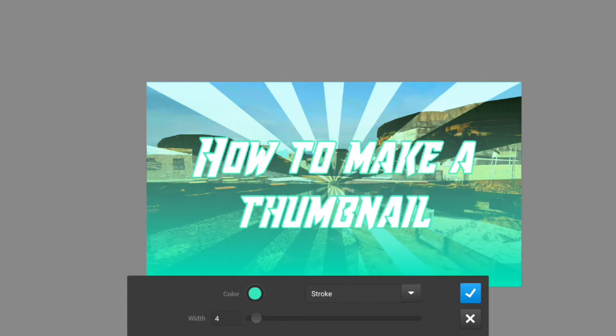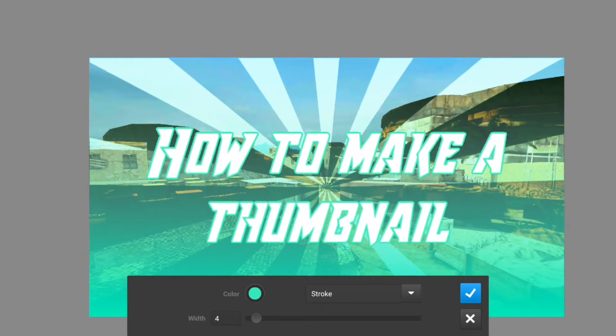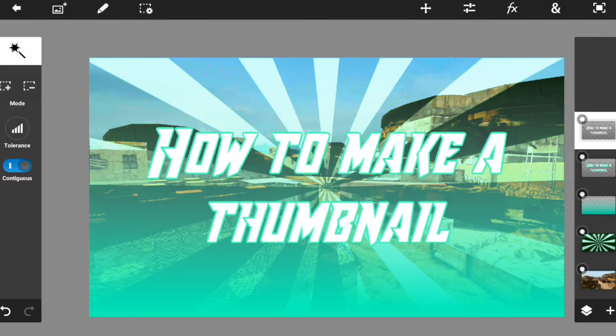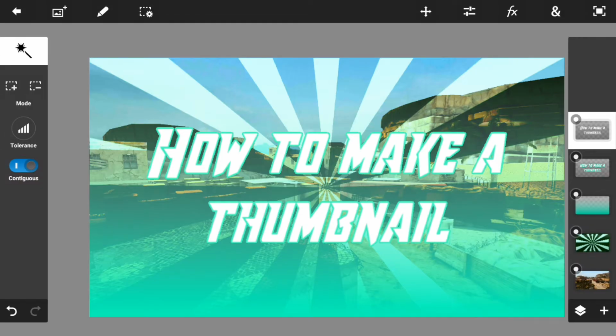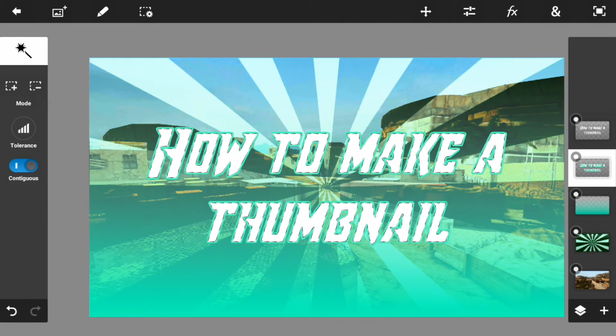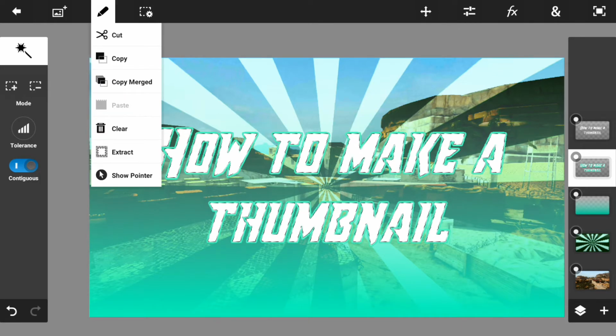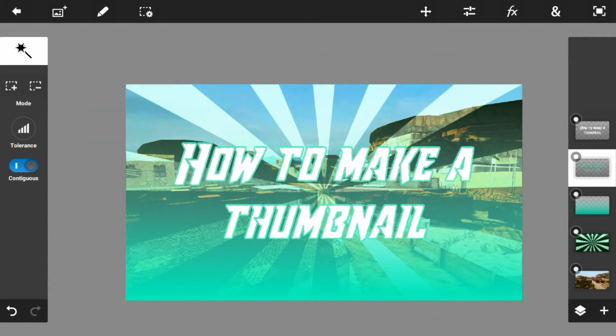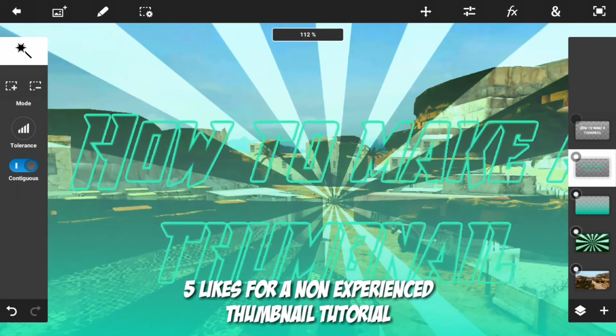Yeah, that's good. So now after you're doing that, you're going to go back to the top layer that wasn't fill and stroked. Then you're going to click this little toolbox right here and select pixels. Then you're going to go back to the other layer that was fill and stroked, go into this pencil and click clear. There we go. Now we're going to make the top layer invisible, and we got that little outline right there,